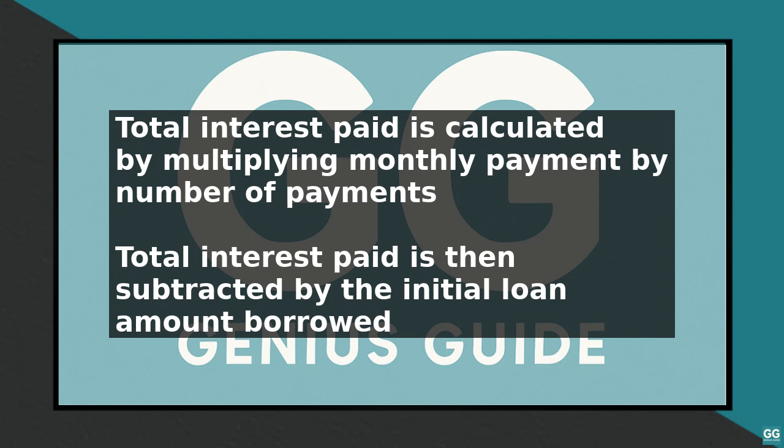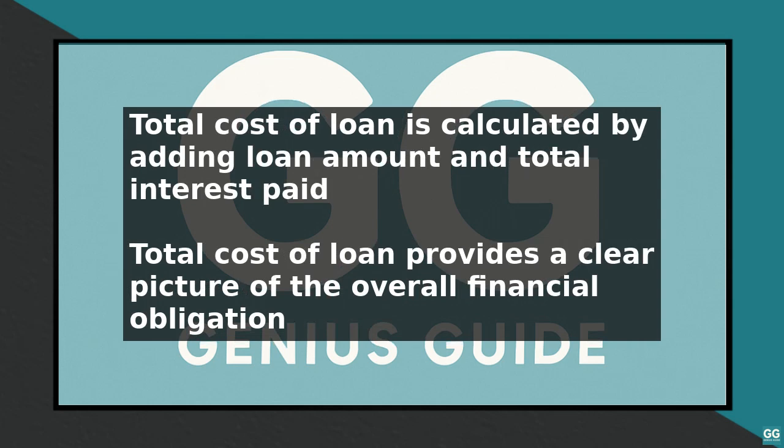To calculate the total cost of the loan, you can add the loan amount and the total interest paid. In this example, the total cost of the loan is $10,000 plus $1,600, which equals $11,600. Best practices for calculating Credit.com installment loans include using a loan calculator to ensure accuracy, considering the impact of